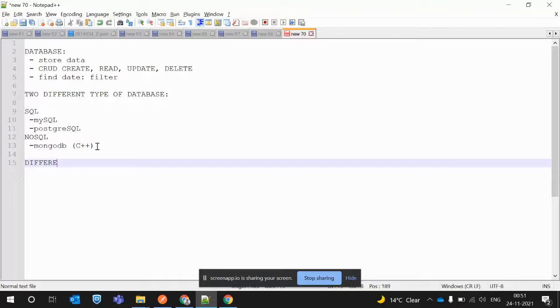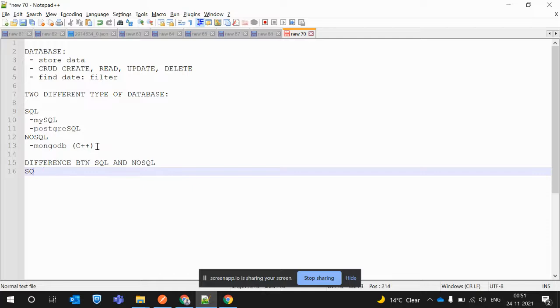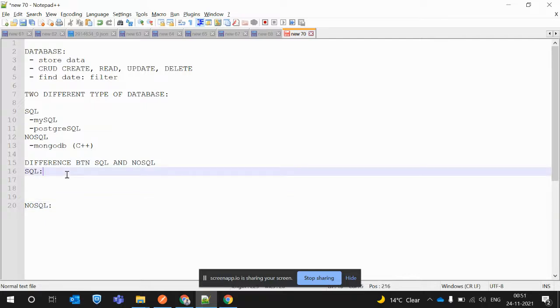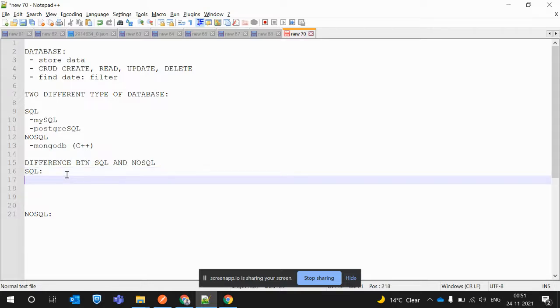So let's come to the difference between SQL and NoSQL. Let's start with SQL here and NoSQL here. Basically, it depends on what kind of data you are going to store. Let's say you are going to store an employee. It should have a name field, an email field, and a password field. You are very sure that there are only three fields which I have to save, and the name will be a string, and email also a string,